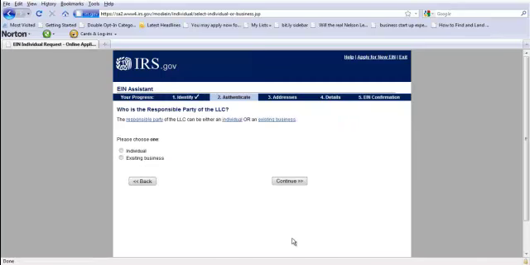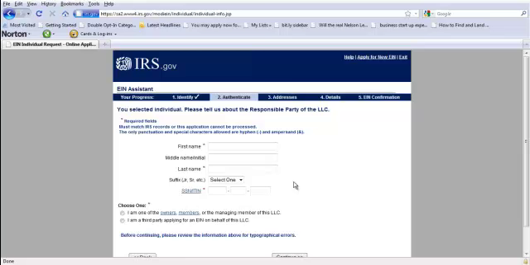Now we're in a place where it asks who's the responsible party of the LLC? The reason they're asking this question is there are companies out there who file on behalf of others. For example, if you went to LegalZoom.com or some of the other online websites, CorpNet, what have you, they give you the opportunity to apply for an EIN on your behalf and then charge you $50 for it or more. I've just showed you how to do all this by yourself in only a few minutes. So with that said, you are the responsible party, not an existing business. So you're going to press individual, press continue,